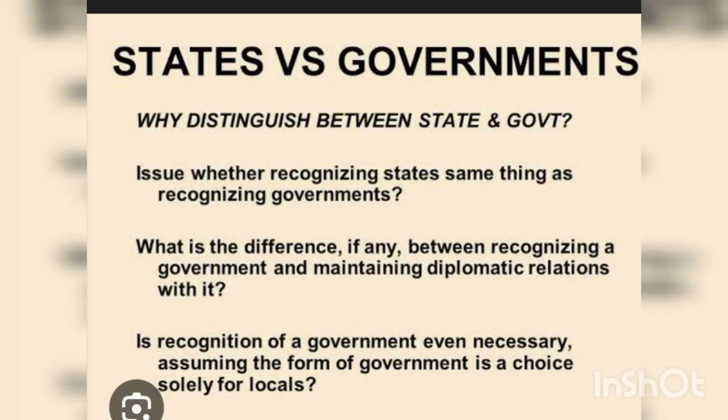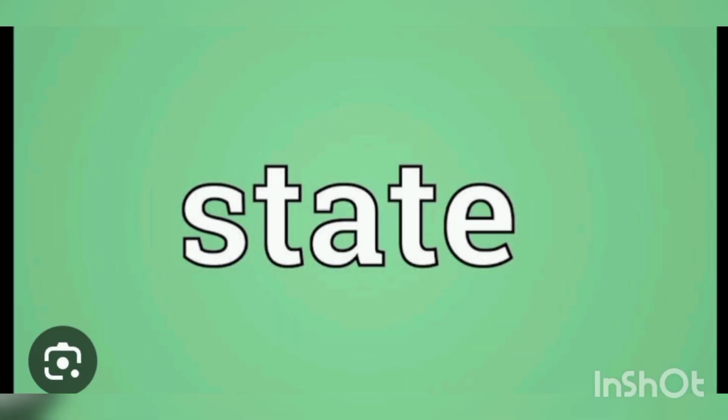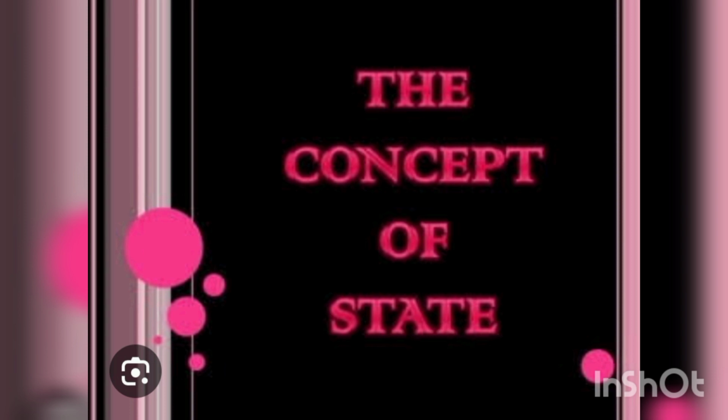A state is a nation or territory considered as an organized political community under one government. In other words, we can say that the state is a community formed by the people and exercising permanent power within a specific territory. By these two meanings of the state, we came to know what we require for making a state, friends. First we need a specific territory, then people, then to exercise the power of the people we need a government. So when we find a definite territory, in that territory people are there and those people exercising their power through a government is called a state.